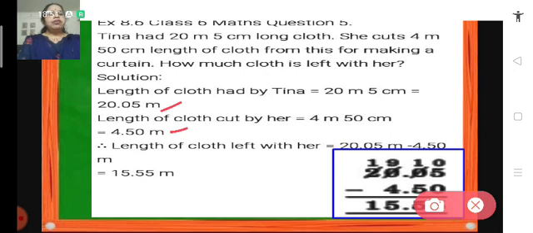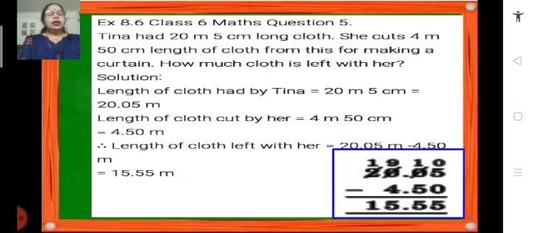So, here we have placed them in columns like this according to the place value and did the subtraction. From the extreme right we do the subtraction. 5 minus 0 becomes 5 in hundredths place. Then we move on to tenths place. Here we have 0 minus 5 which cannot be done. So, 1 is borrowed from 1's place and it becomes 10. So, 10 minus 5 becomes 5.